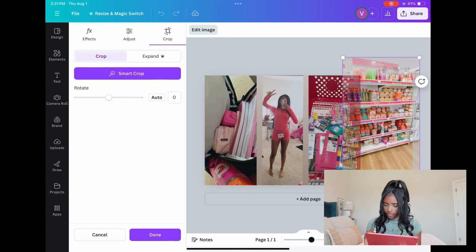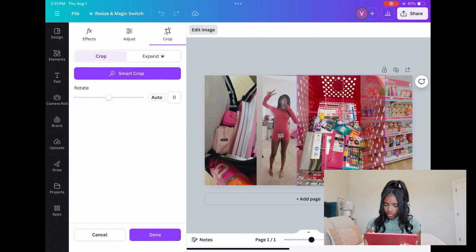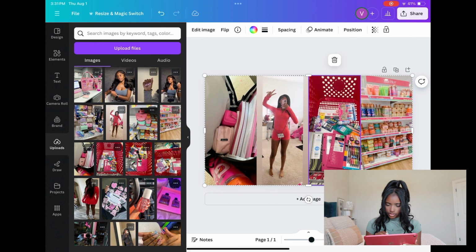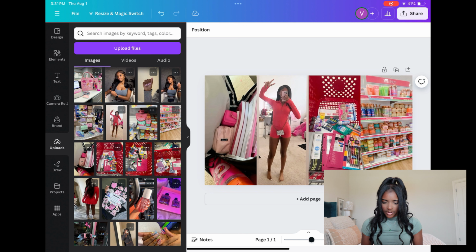So we're gonna crop them, crop to your liking. I kind of like all my stuff to be centered in the middle of the picture. There's a grid that it shows that you can see where the middle is, so it helps out a lot when you want to center your pictures. And then I'm gonna make this one a little bit bigger. Boom. So perfect. Now I'm gonna save this